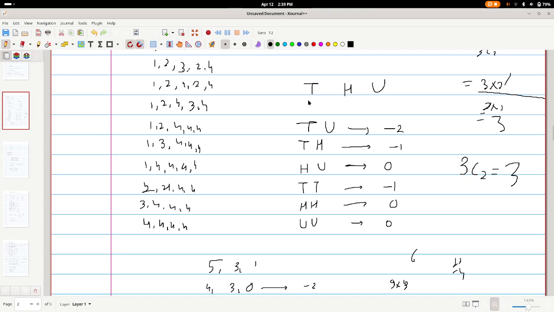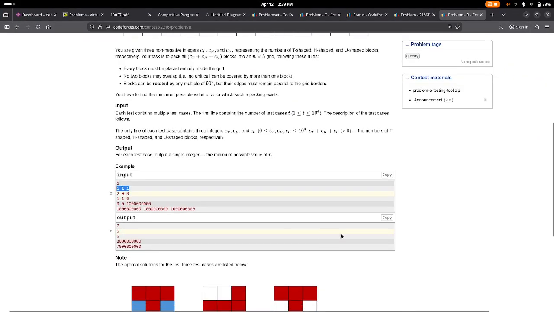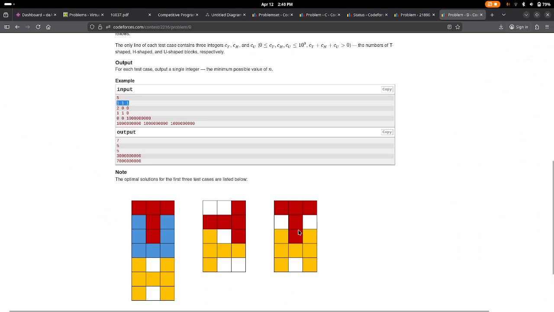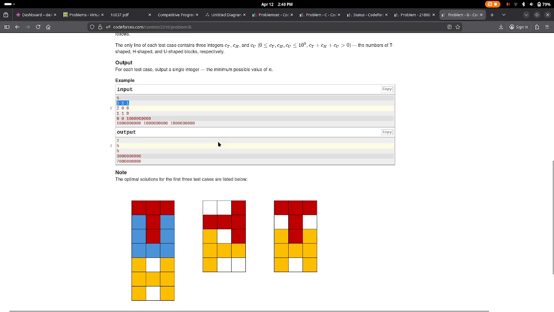How much space can be saved by combining T and H? And the answer is 1. Illustration is given over here. Normally we would have placed our H a row below, but as you can see, the tip of T is being inserted in H, so we are saving space worth 1. We are saving 1 row. And that is important because